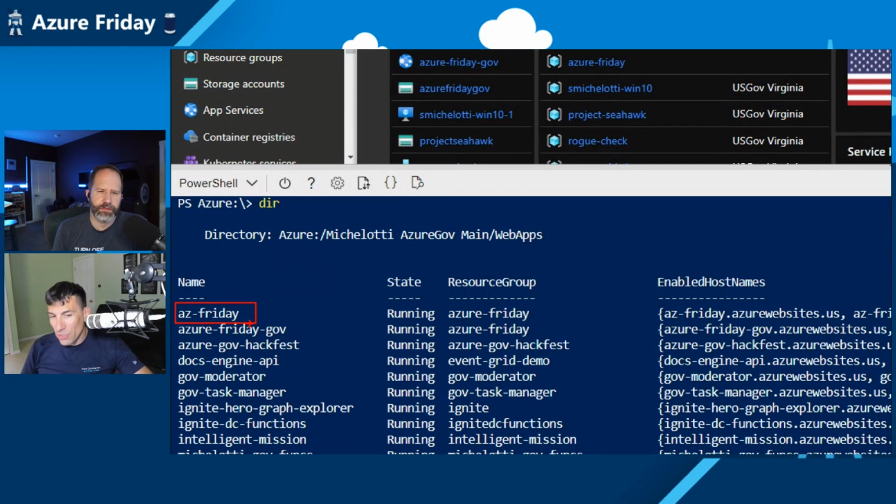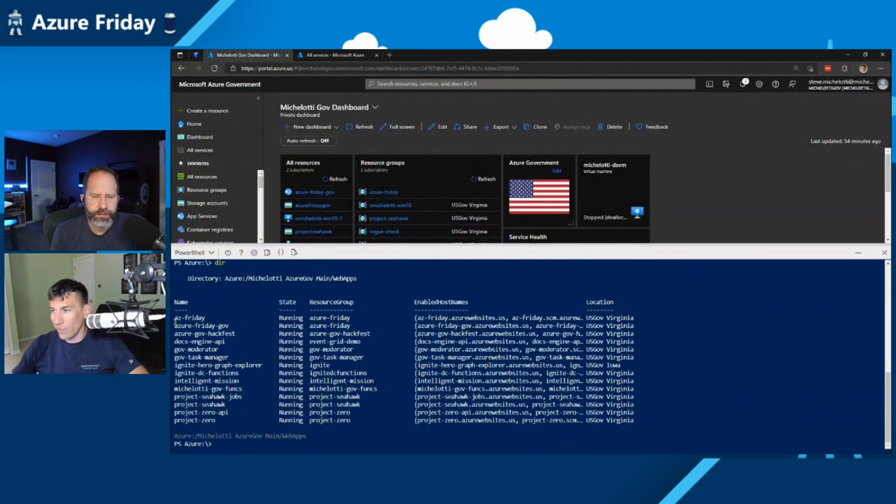Wow. So Cloud Shell is really nice for anyone really, but especially in the government case, where you can't always in every instance install command line tools at your whim, so to speak. And let me point something else out. Zoom in on the enabled host names there, because this is important. You pointed out that